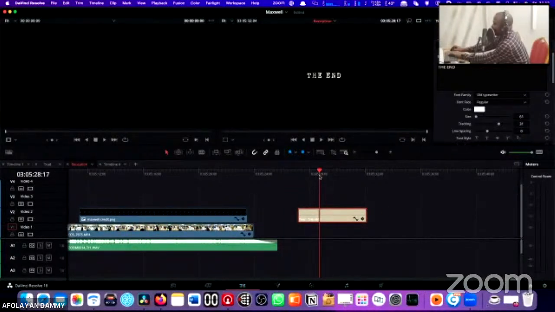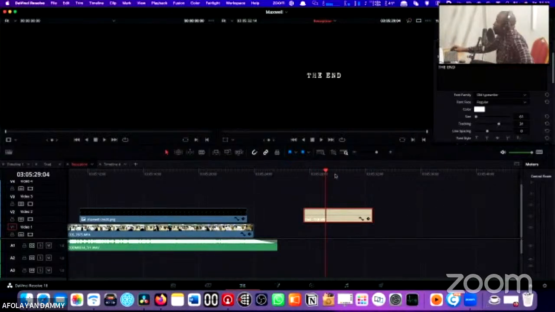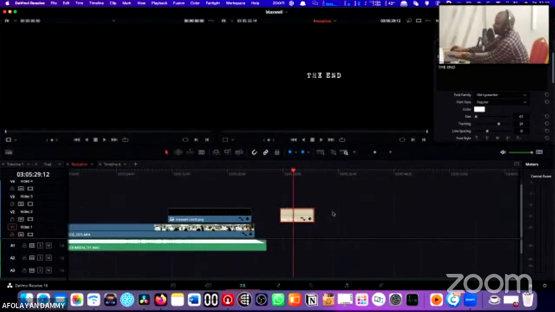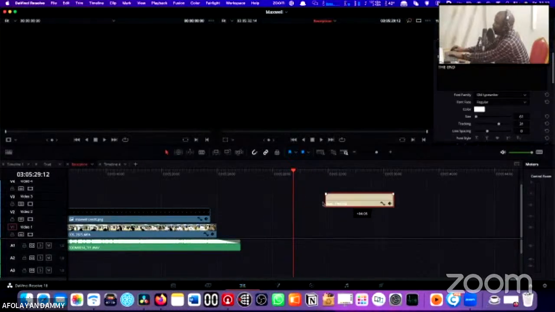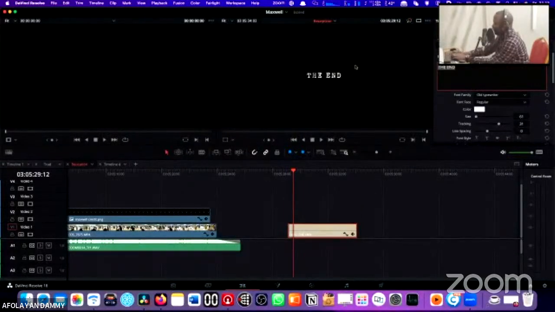So this is a title bar. Usually for text. All right, sorry, that's a text bar. So basically for DaVinci Resolve, if I'm going to be making text or titles, it is not as easy as it is on Premiere Pro. You have to bring in, just like you're bringing in a video file, that's the way you bring in text from your effect folder. You bring in the text and then you can write whatever it is you want to write. So let me imagine I want to say